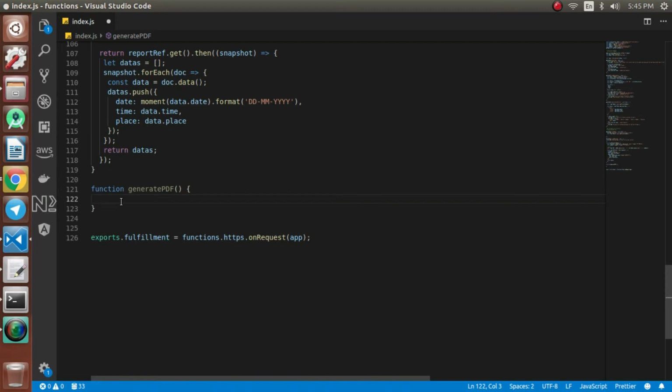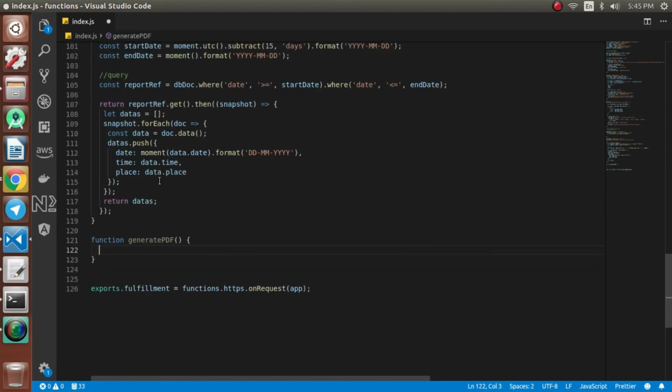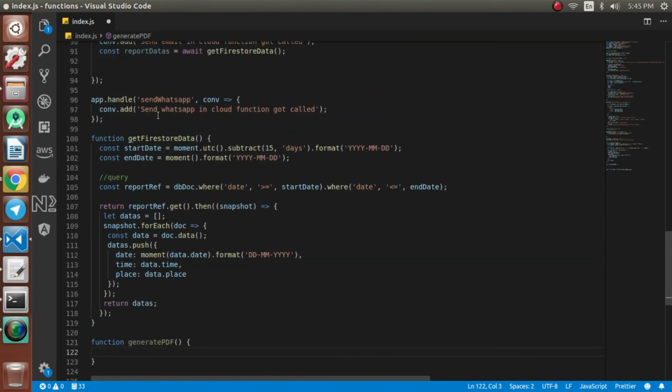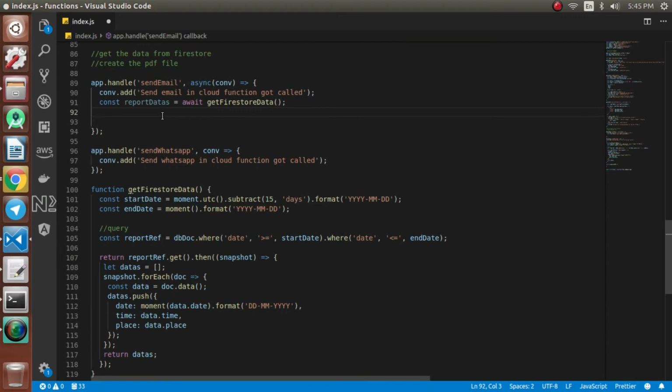A header and a table. First, we have to pass this data from the email to the PDF file. How we are going to pass this is